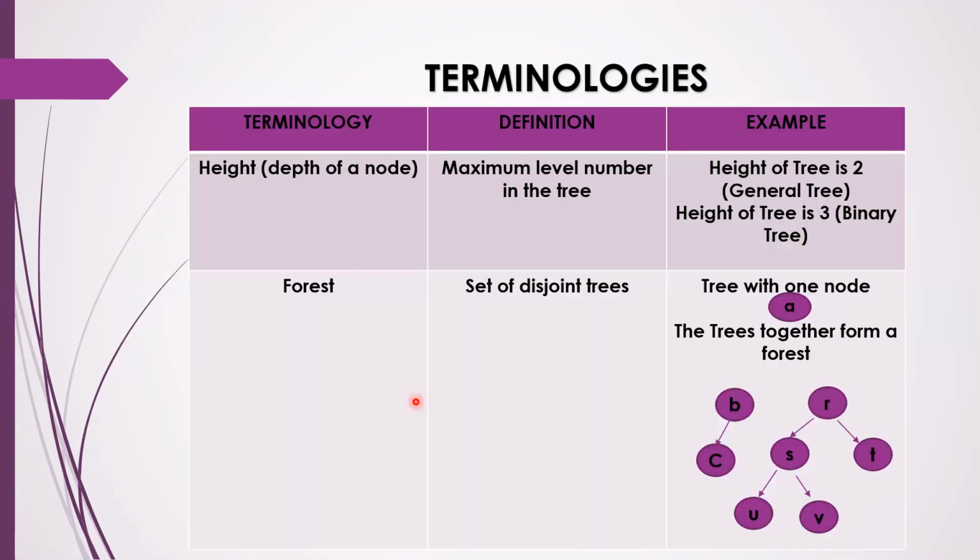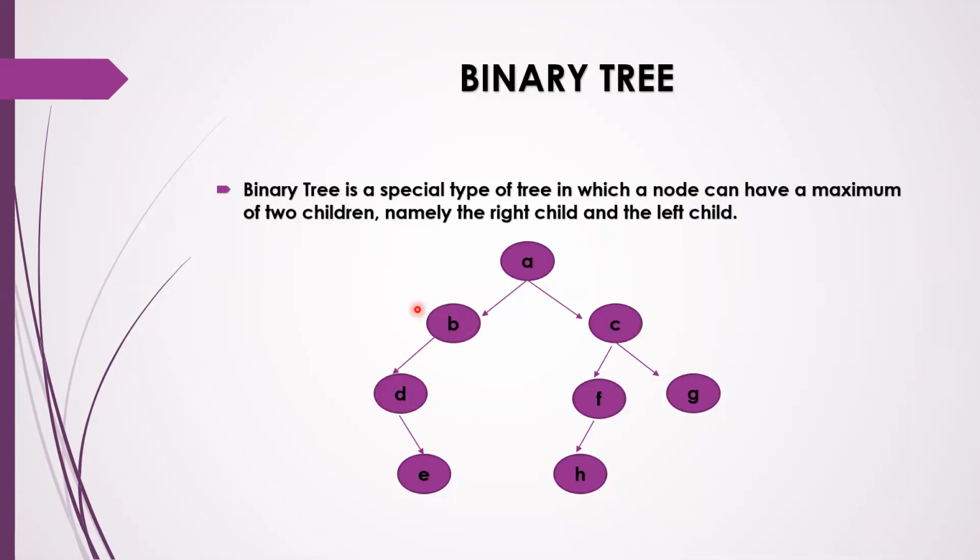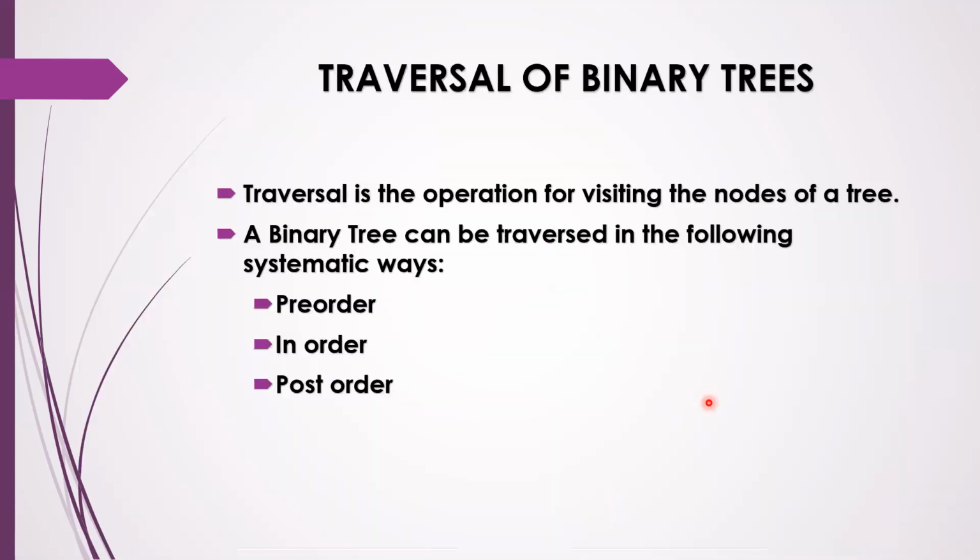In post order, first you have to visit the left subtree, then the right subtree, and finally the root. In order, you had the root in the middle, right? But here it is finally the root. So this problem we will see in the next class, step by step, how you have to do pre-order, in order, and post-order. We'll see it step by step with the recursive algorithm in the next class.